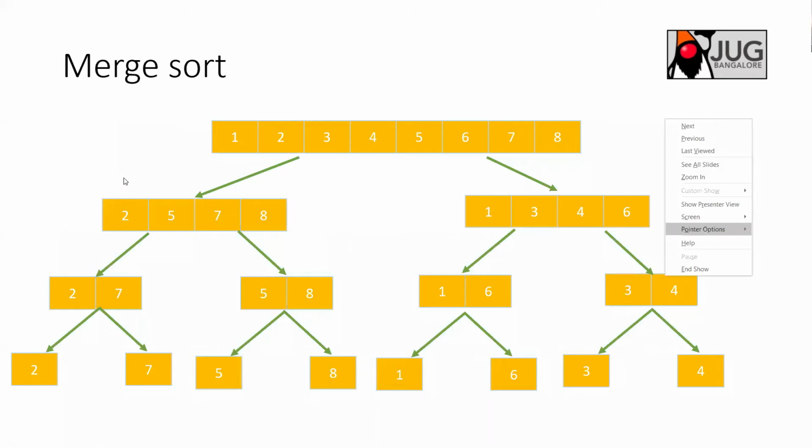Okay, so your i is here, and your j is here, and your k is here. Let's assume these are all empty now. So what you do is you compare 2 with 1. Then you realize that 1 is less, so 1 will be copied. Left is greater than 1, so you're incrementing the right array, right? So that's what I'm doing here.